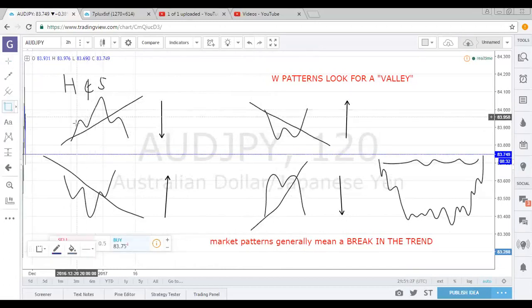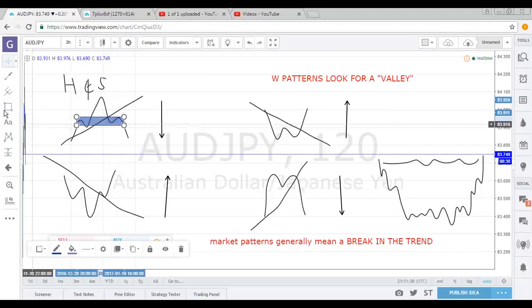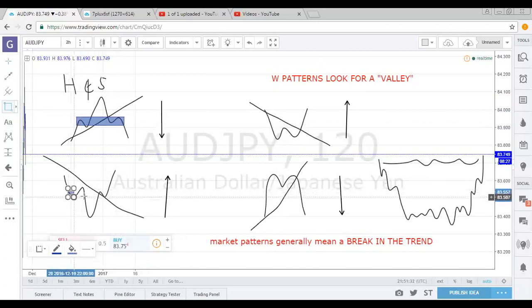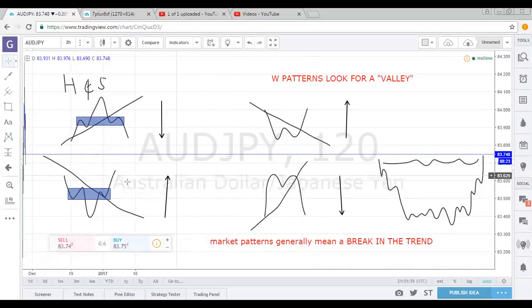So as you can see, left shoulder, right shoulder for these head and shoulder patterns. This would be called an inverted head and shoulders. Now you'd see this coming from a downtrend. Okay, so you would see three pushes down,